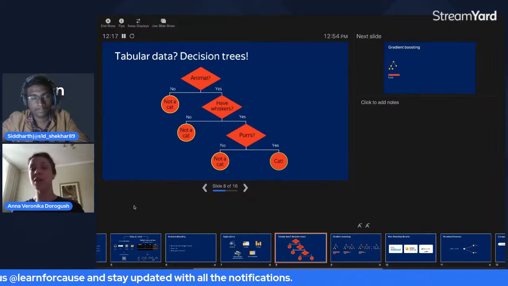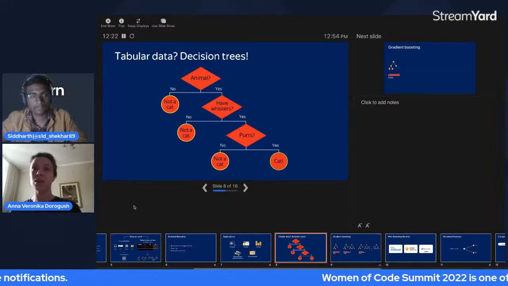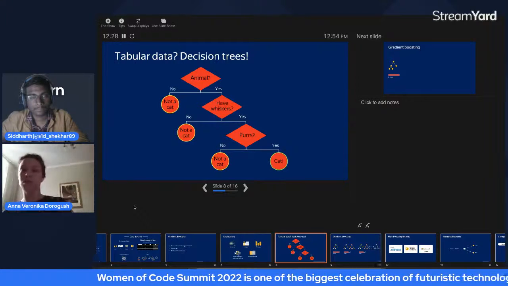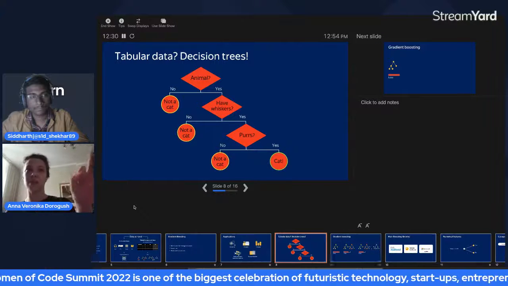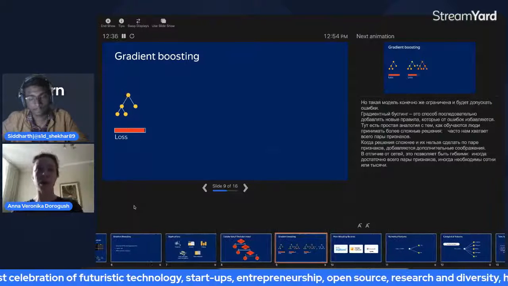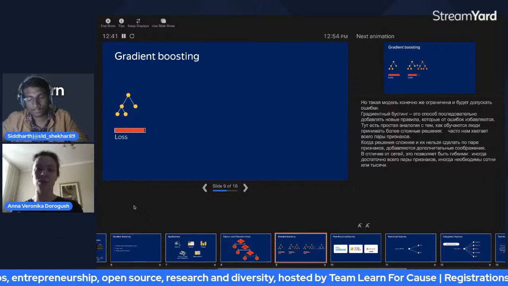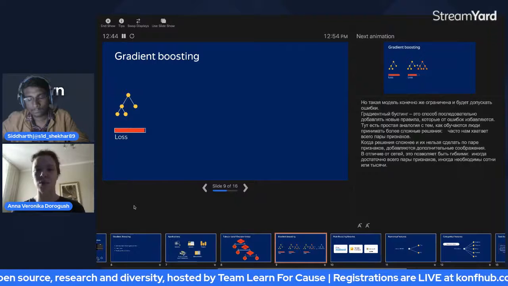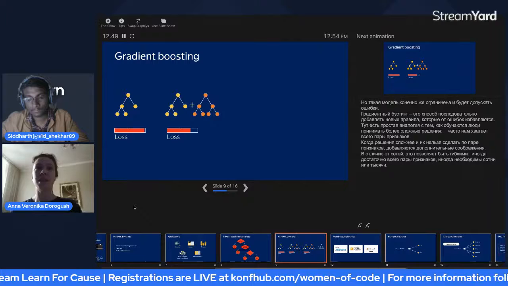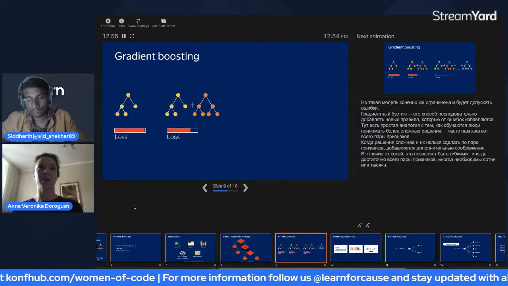But normally in gradient boosting and also in random forest, you use more than one decision tree. And to do that, you need numbers in the leaves. So there will be this structure for a decision tree, and the leaves of the tree, so these last nodes, will have some numbers. In gradient boosting, you are building a sum of these trees. So you build the first tree, and you have some value of your loss function. So your model has some value of the metric that shows how good the model is. Then you add to this tree another tree, and the summation works as follows.